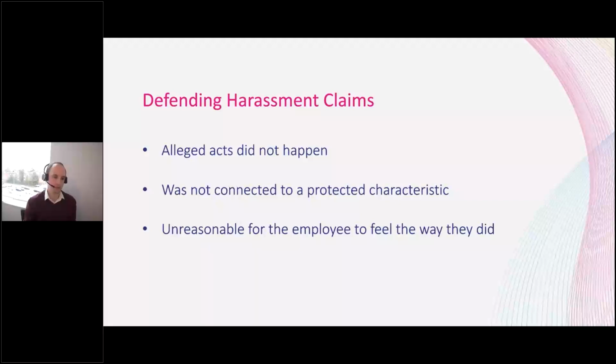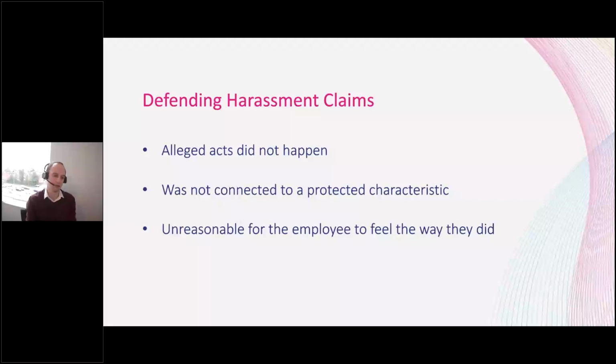But where this argument has been successfully run in the past is basically a "gave as good as they got" defence. And ironically, if you can show that there was a particularly unpleasant culture where people were regularly saying or doing things that were offensive to each other about a protected characteristic, it may sort of give you a harassment defence. The judge won't like it. The judge will not like that you have that workplace environment. But